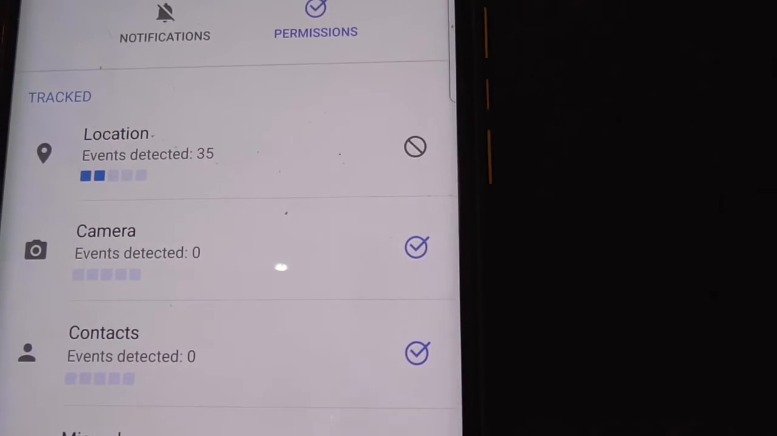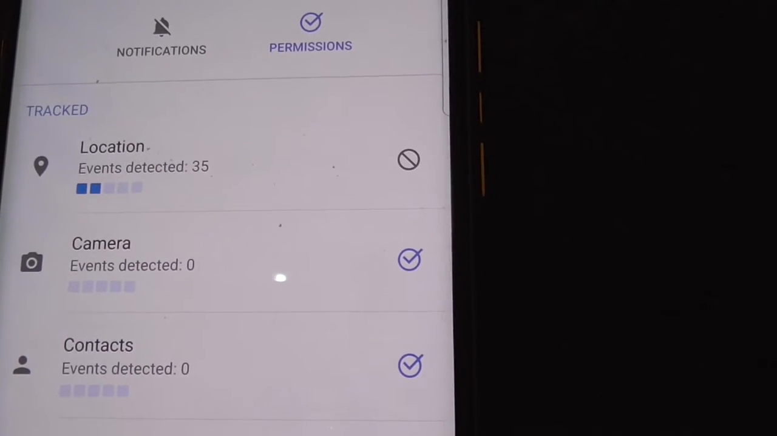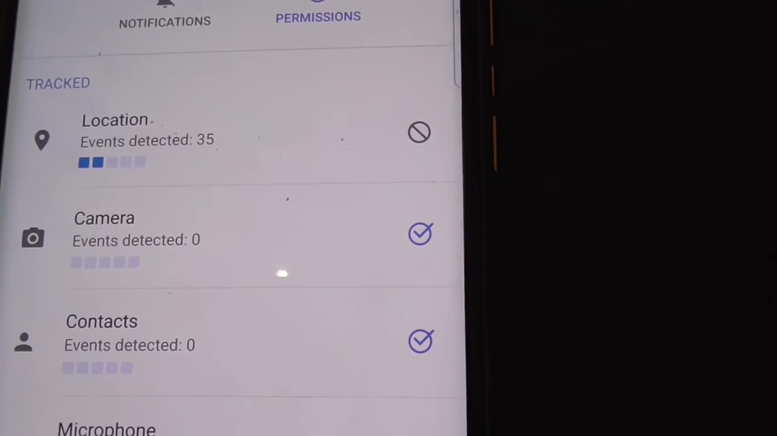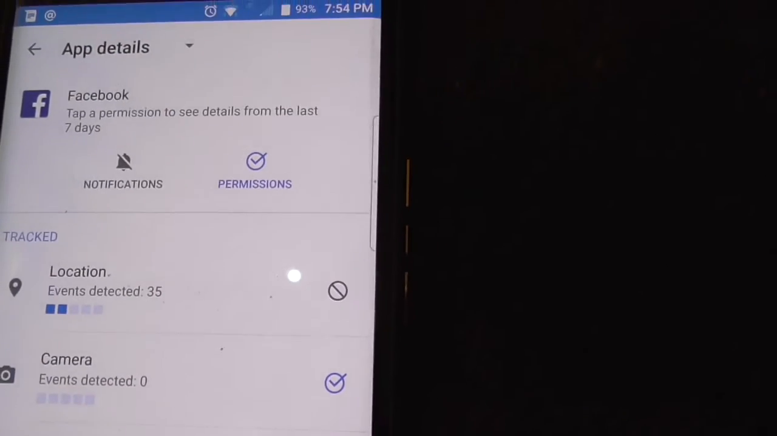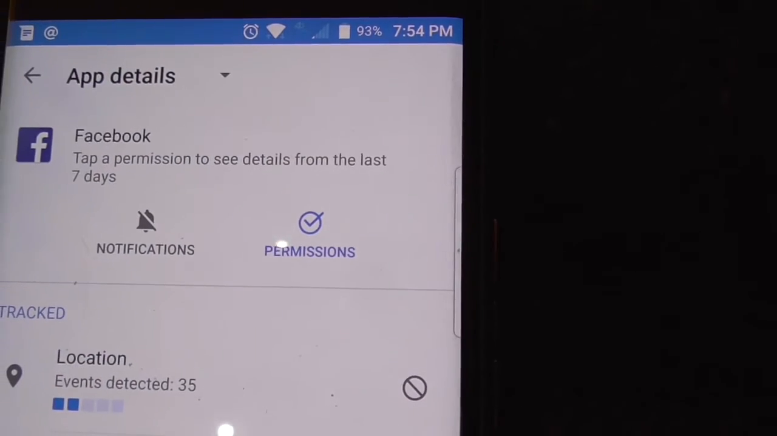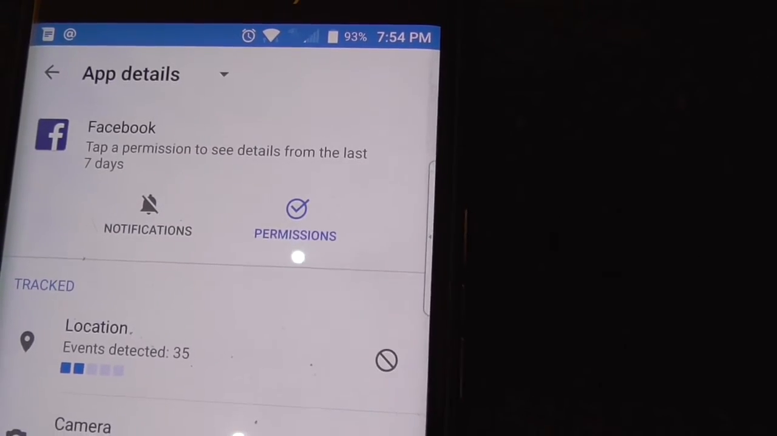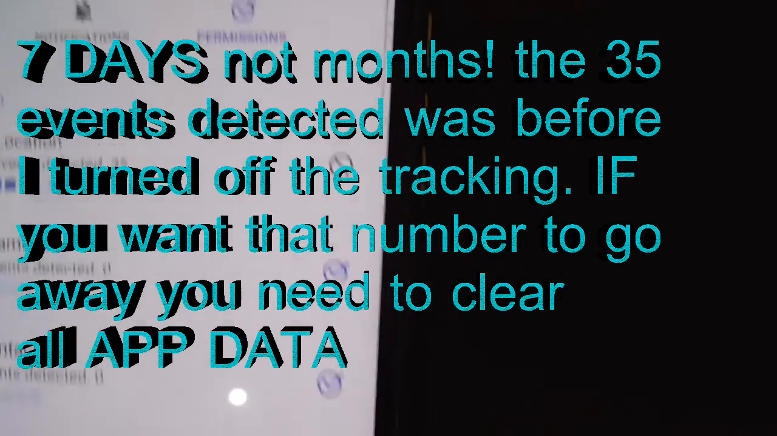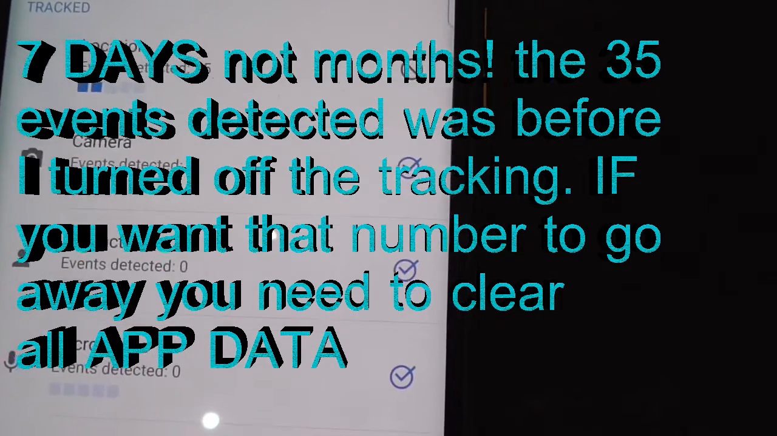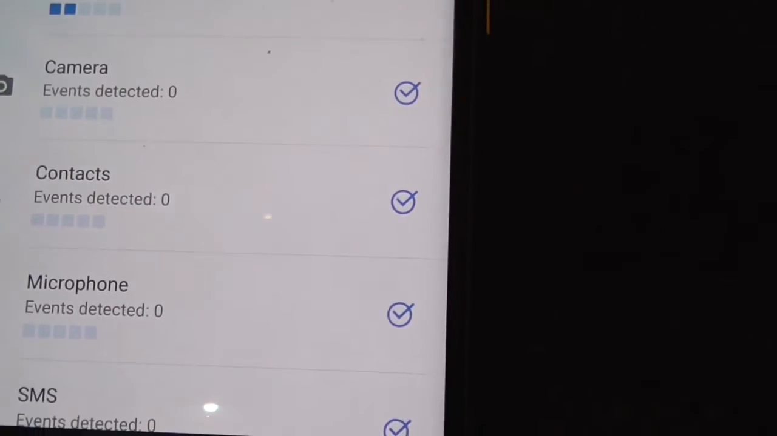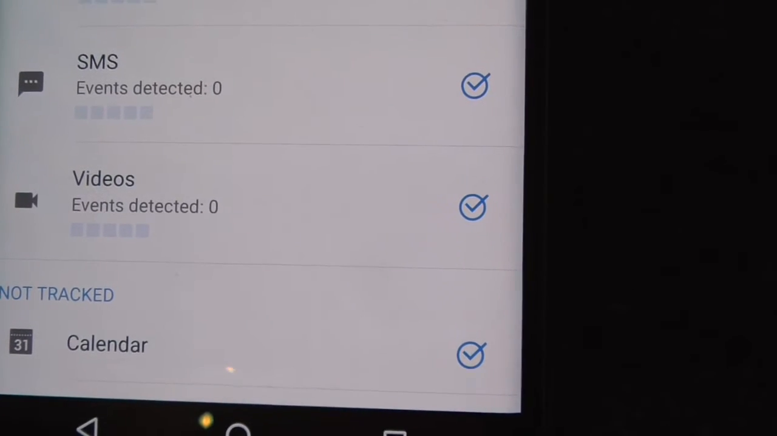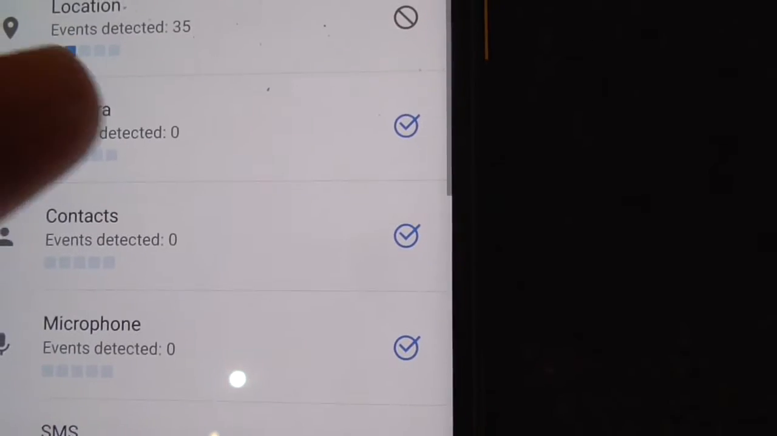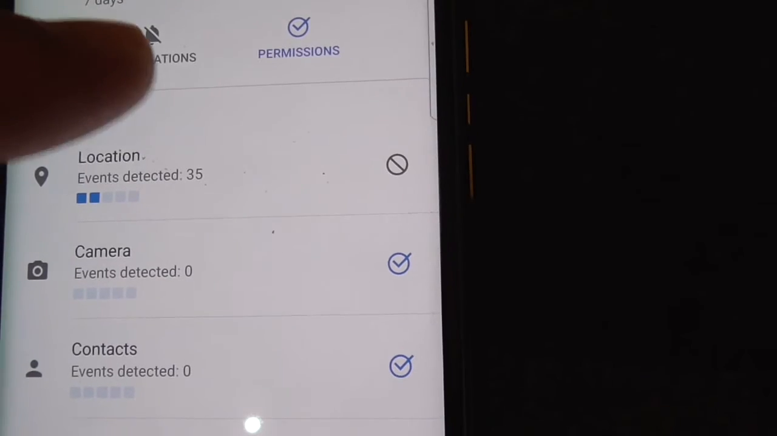Now, the DTEK gives you some idea of what's going on. It shows what this app is doing. It's checked my location 35 times. What do we have up here? So you can get details for 7 months. But it shows that my camera hasn't been accessed, contacts haven't been accessed, microphone. So it gives you an idea of what this program is doing. It's not tracking the calendar, so that's why it's not there. But let's go over here and let's click on location,